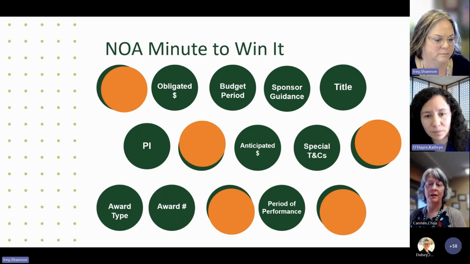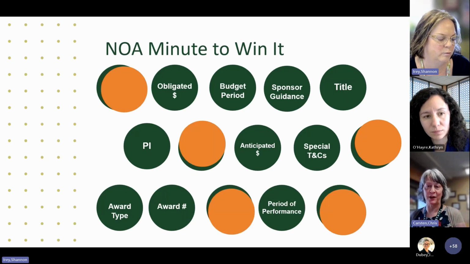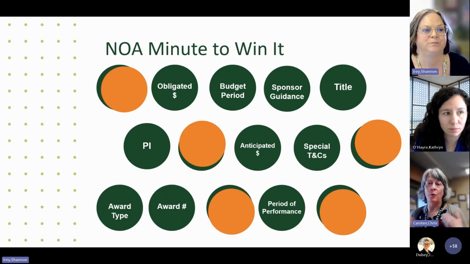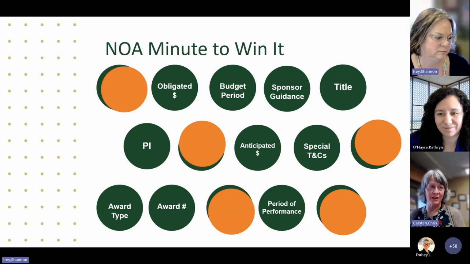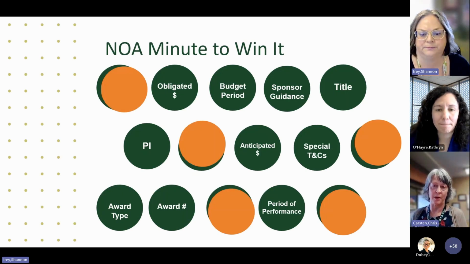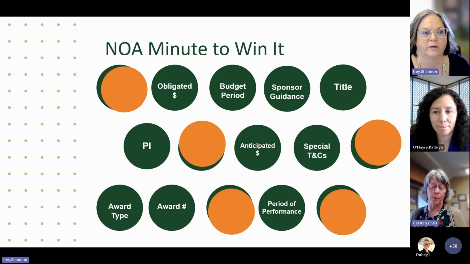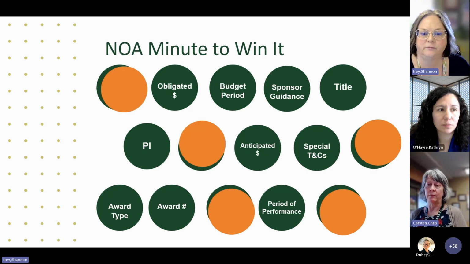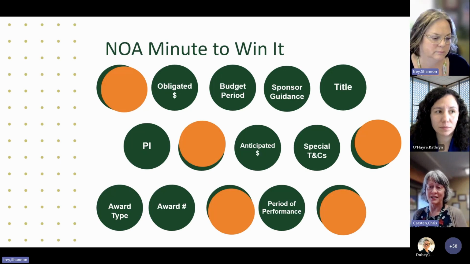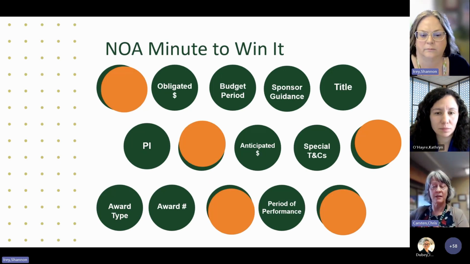Chris, you have a thought there? Yeah, this has also been a point of conversation over 17 years, why we don't enter the entire amount in our award system. And it's because we can only capture what has actually been obligated. So for incremental funding situations, we add the funding as we receive it. We do have an indicator in the system that says we expect this total amount, but that's not a guarantee,